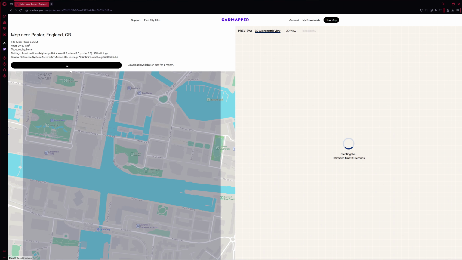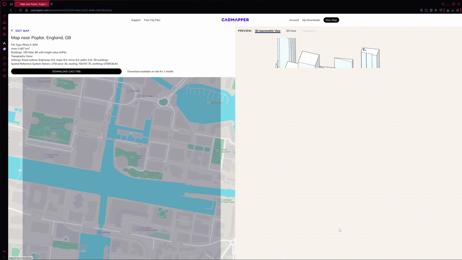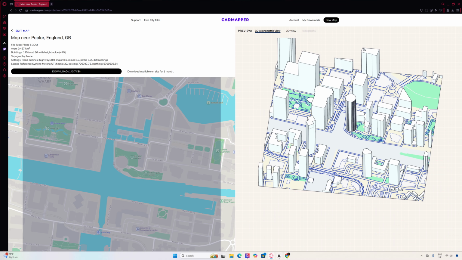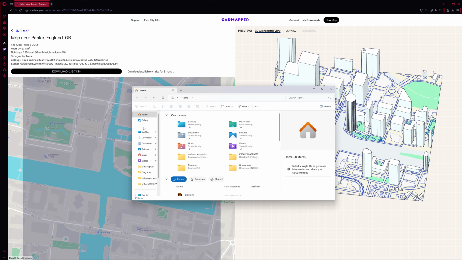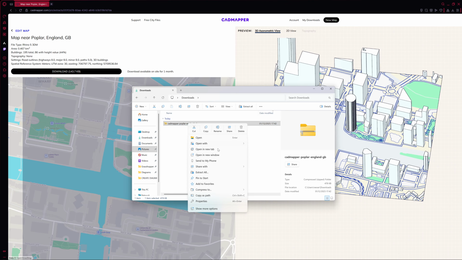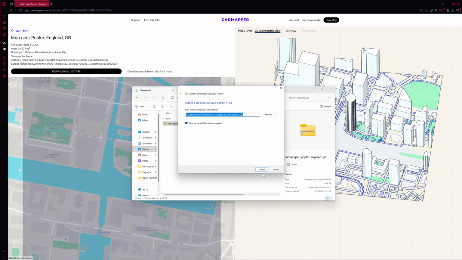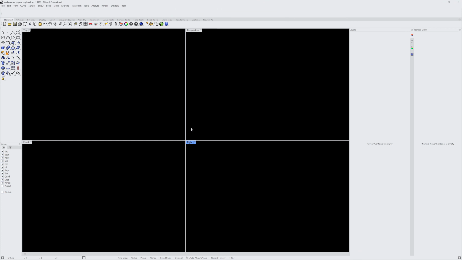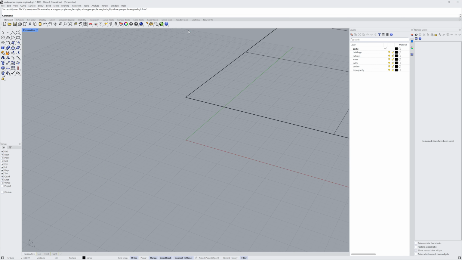So what that's going to do now is download my map, and this is what we end up with. Okay, so what I'm going to do now is go over to my downloaded file, and this is the most recent one. I'll just delete these ones just so I know which one it is. I'm going to go to extract all, extracts the file, and now open this file and then open up Rhino 3D. This is going to open up a Rhino session, and I'm just going to do a perspective view,